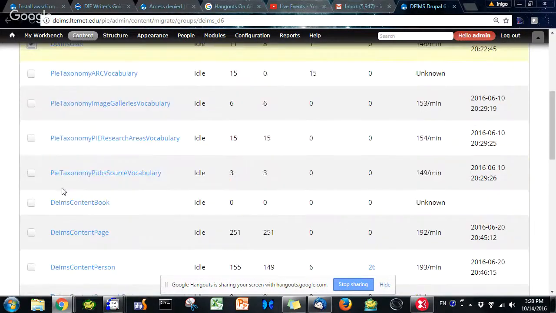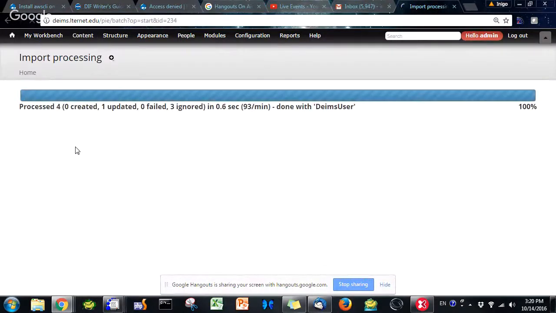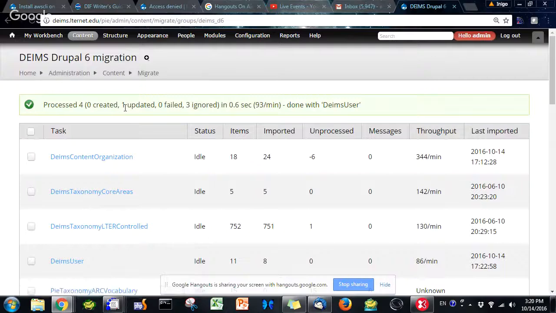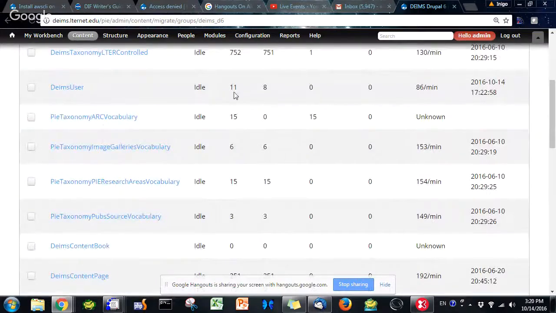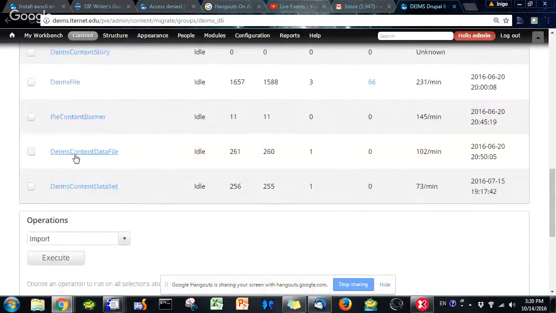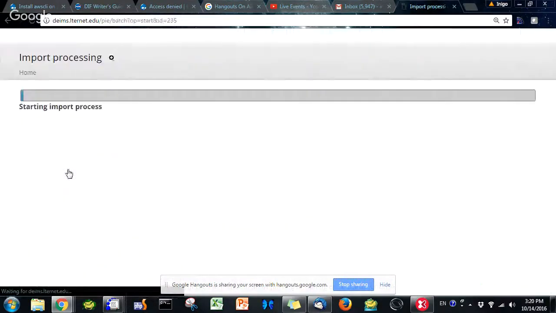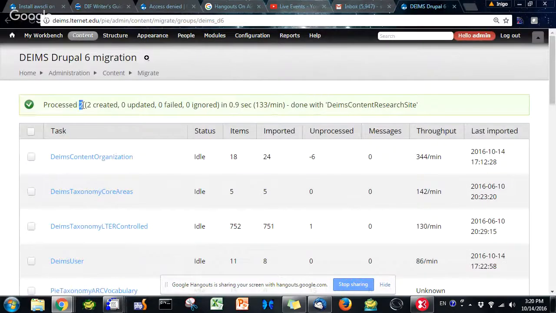So let's just first migrate those new users. And you see it updated one user and ignored 3 of them, but it processed 4. So now it has all this. And now that I've done that, it's possible that this will work, the research site migration. And it did. So it processed the 2 additional